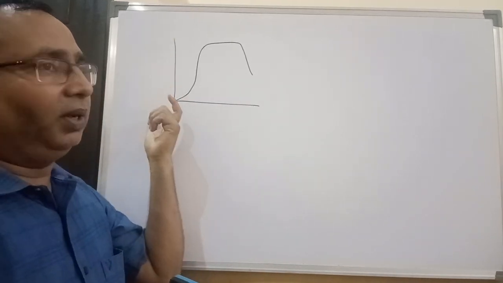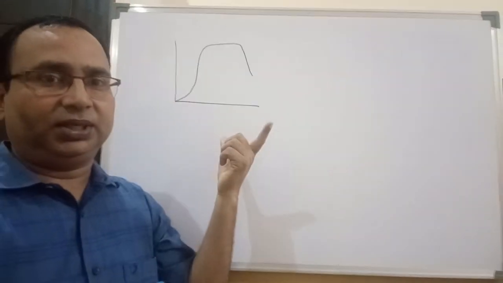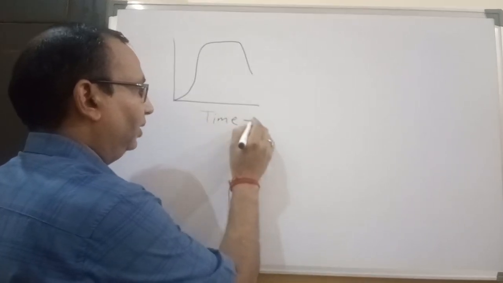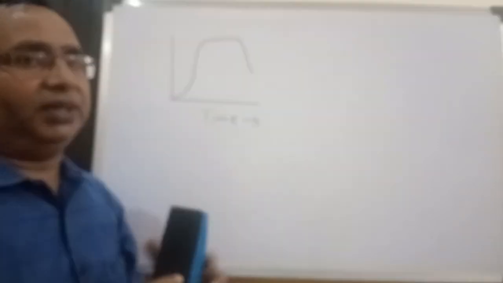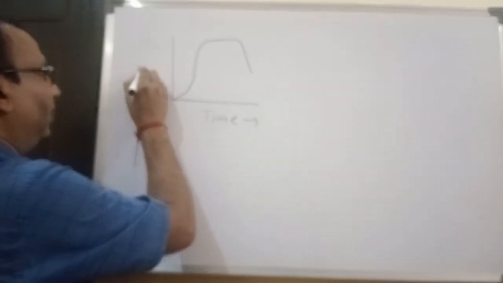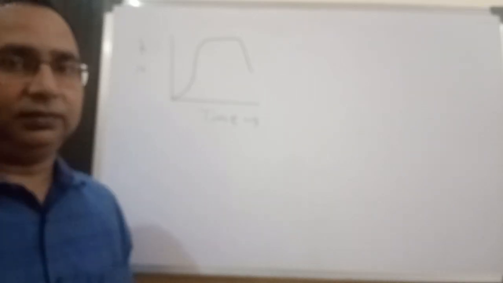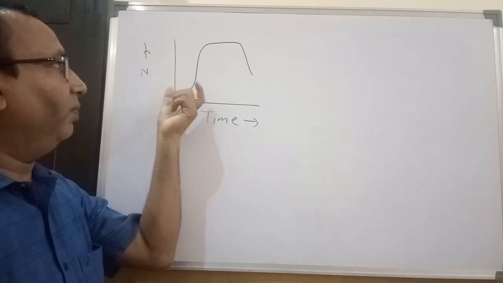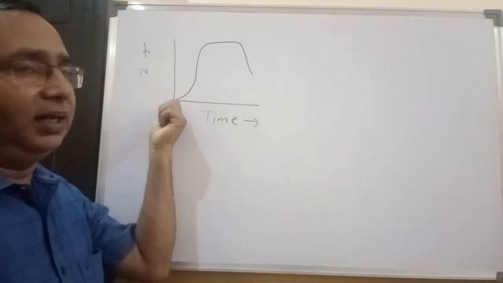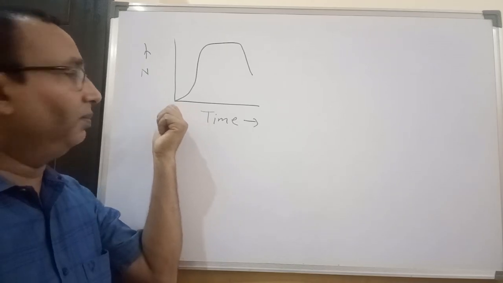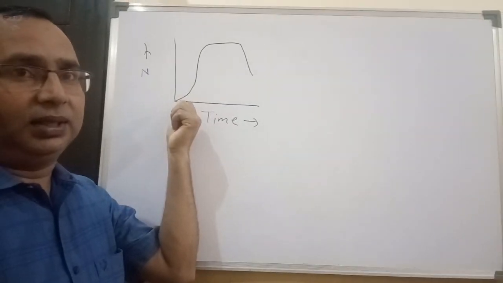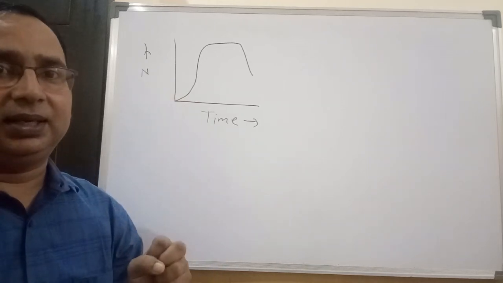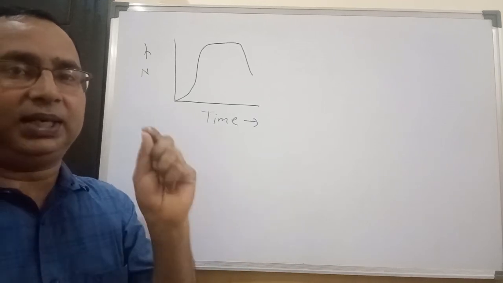Already we know that for the microbial growth curve, on the x-axis we represent the time, here it indicates time, and on the y-axis we represent the number of microbes, that is N. So simply we can analyze that this graph is originating from its origin point, and this origin point indicates that the total number of microbes present at time t